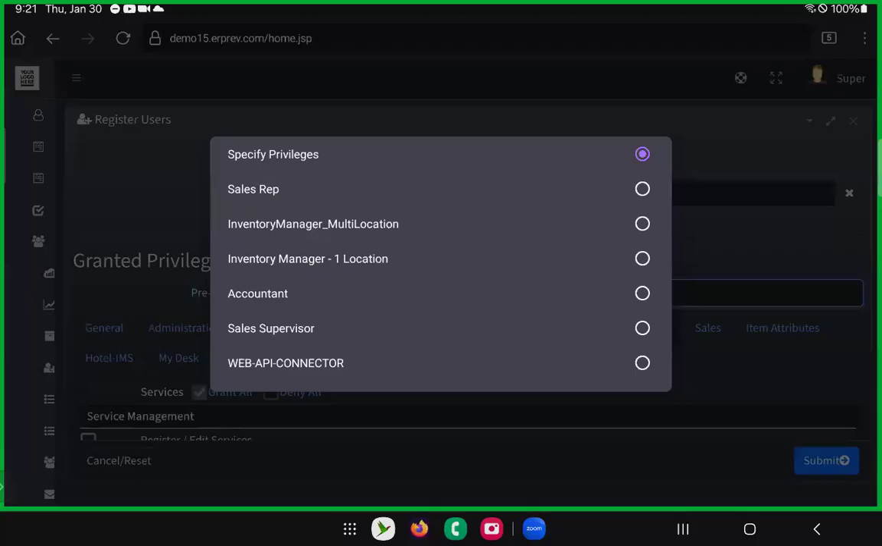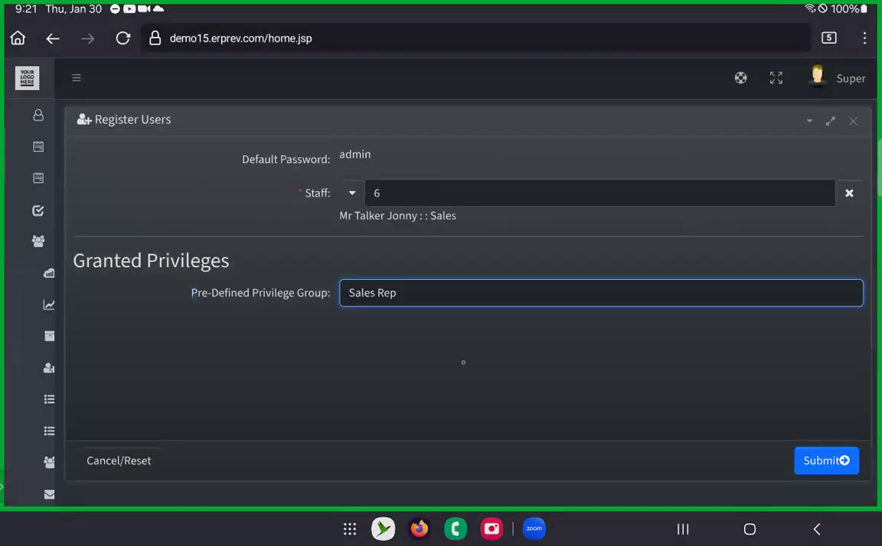You click on this drop down. There are different roles that come preloaded with every new ERPRev account, so you can go ahead and select any one. If I say sales rep, for example, the system already knows the privileges that a sales rep should have. However, if you want to know what has been configured for sales rep to have access to, so that I can add or remove things there,